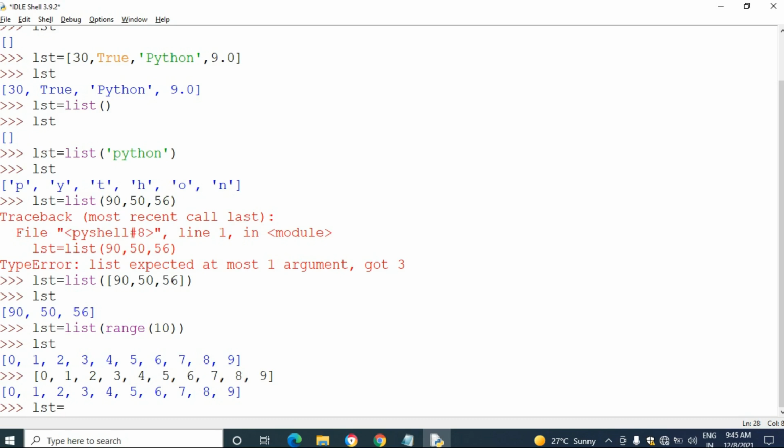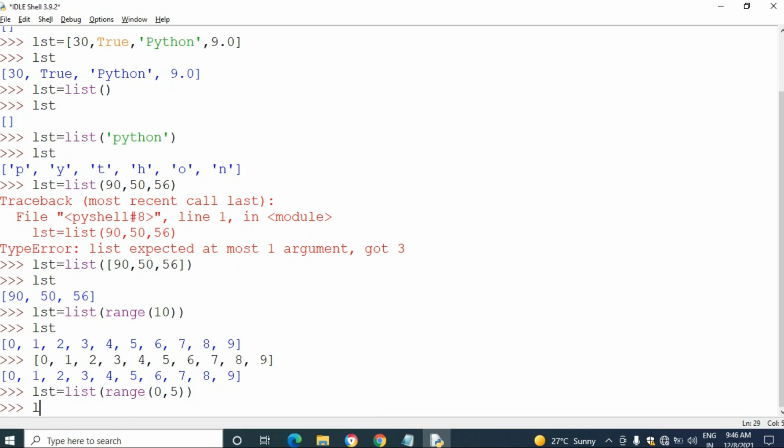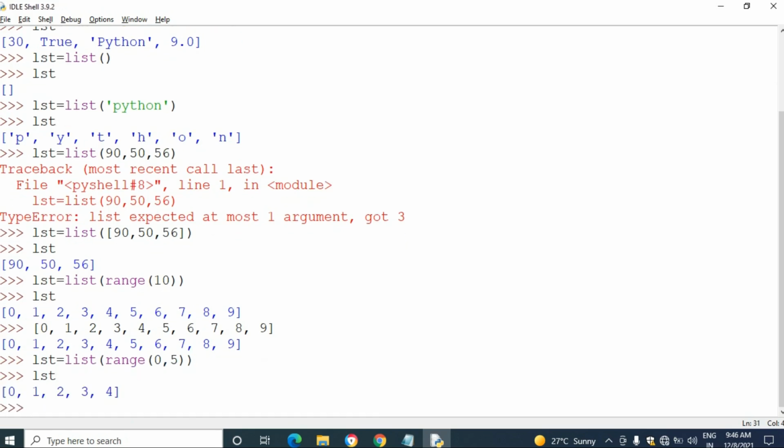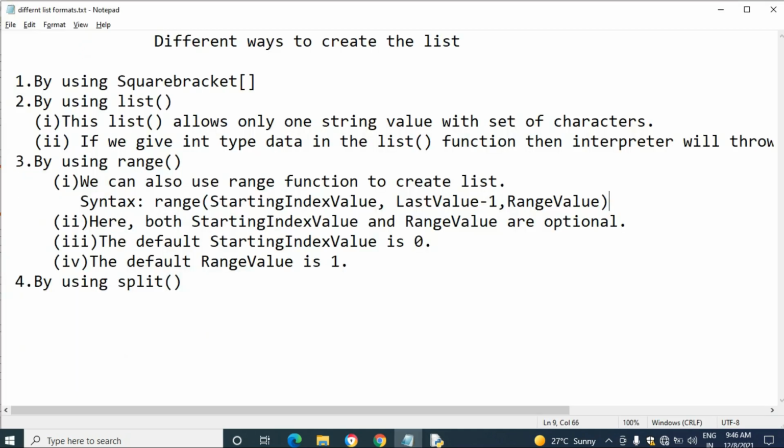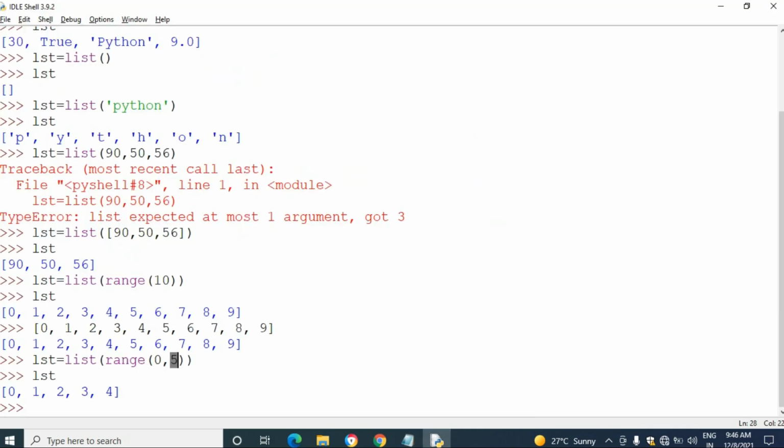List equal to list of range of... see, this is a starting value, this is our end value, but I didn't give the range value.